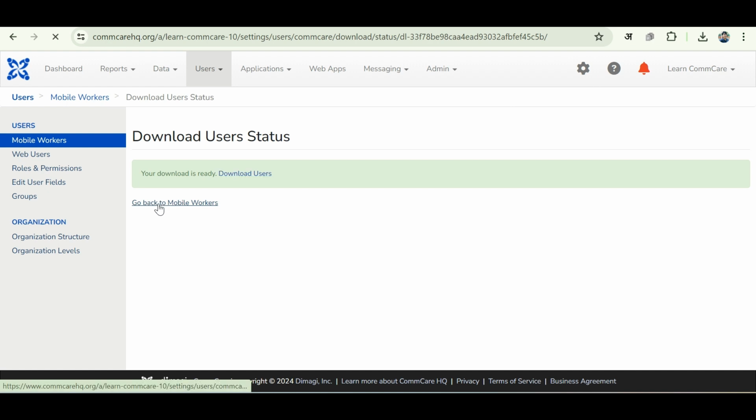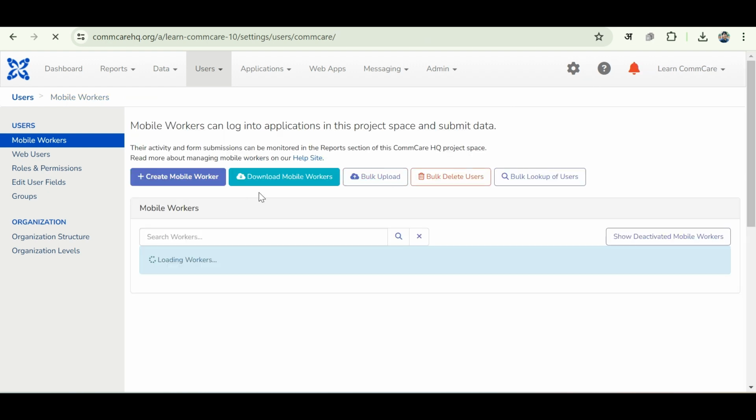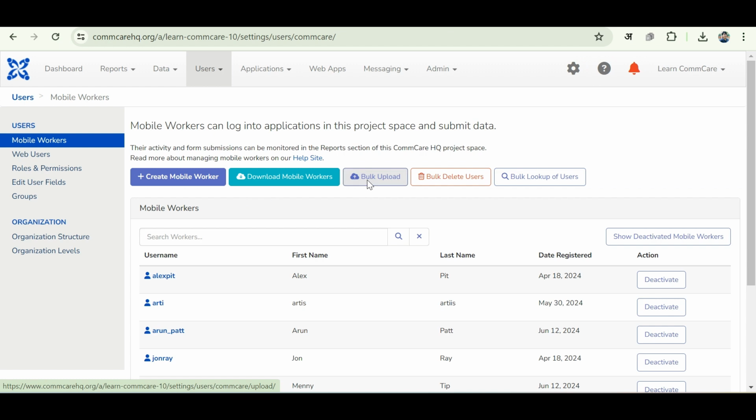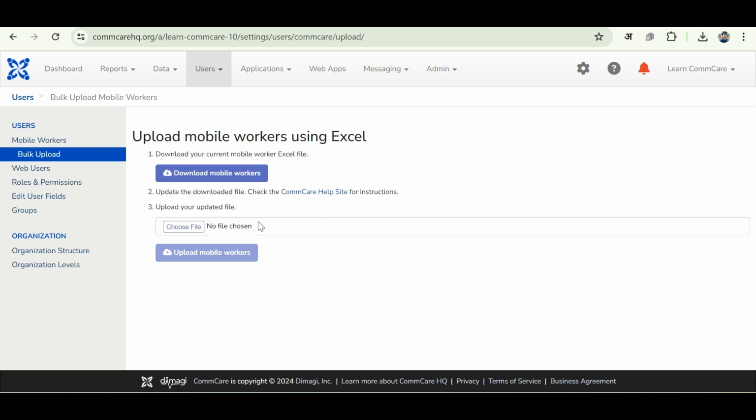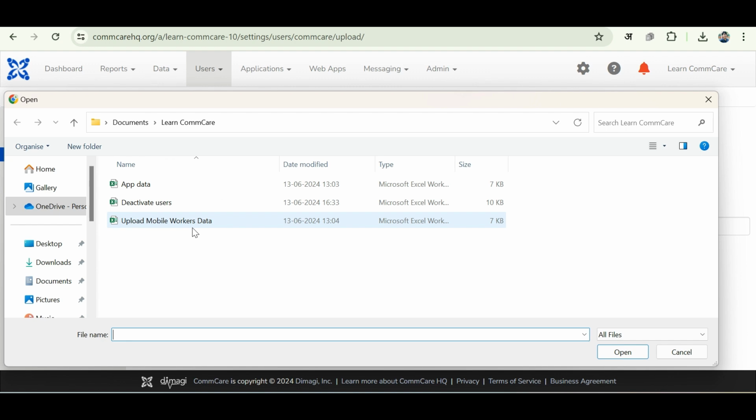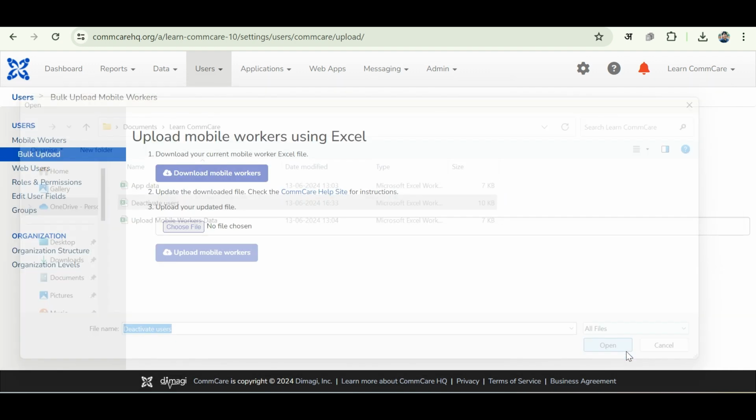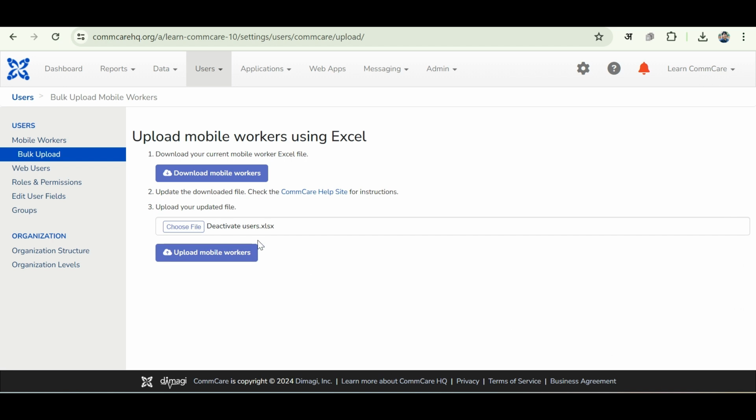Now we'll go back to mobile workers link, click on bulk upload, go to the choose file option so that we can update the new changes that we made in the sheet. We'll go and click on choose the file, click deactivate users, click on open. Now we'll see the final file that we have just uploaded, which is this, and click on the upload mobile